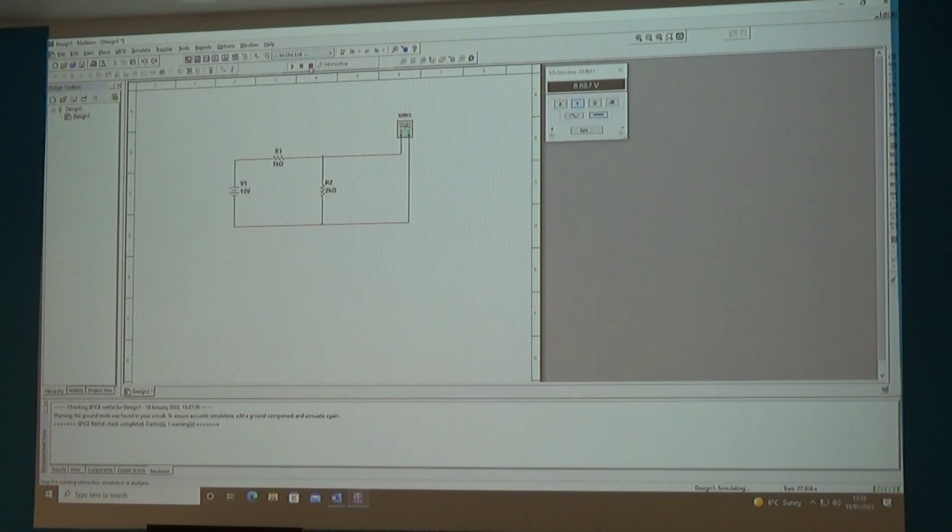Could I ask you, just for a couple of 3 minutes, to change these values around? So play with the value of R1, play with the value of R2, and see how that affects the voltage which is coming out of your multimeter. Okay? Make sure that all the drawing that you've done so far is okay. Now, there is just a footnote I would add here, that I'm amazed this works, because I forgot to do something which is absolutely critical in Multisim, is that I didn't put a ground. So what